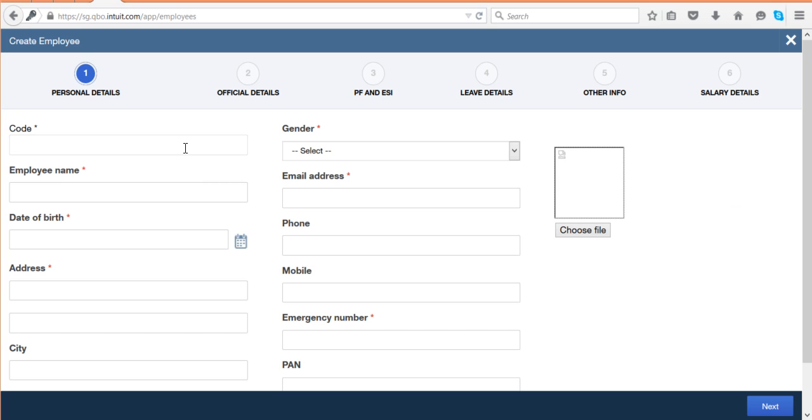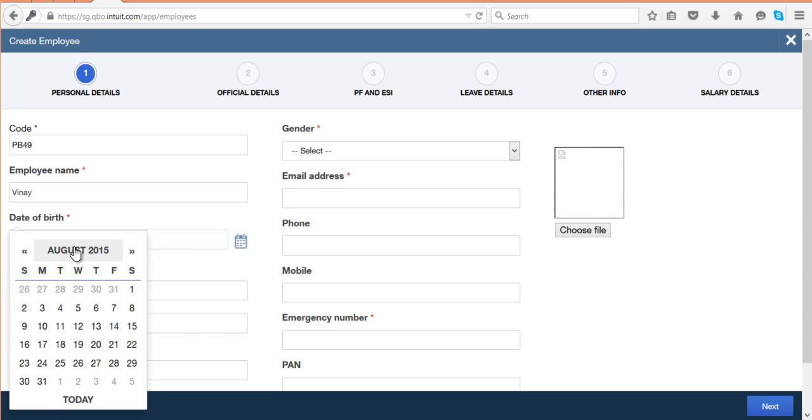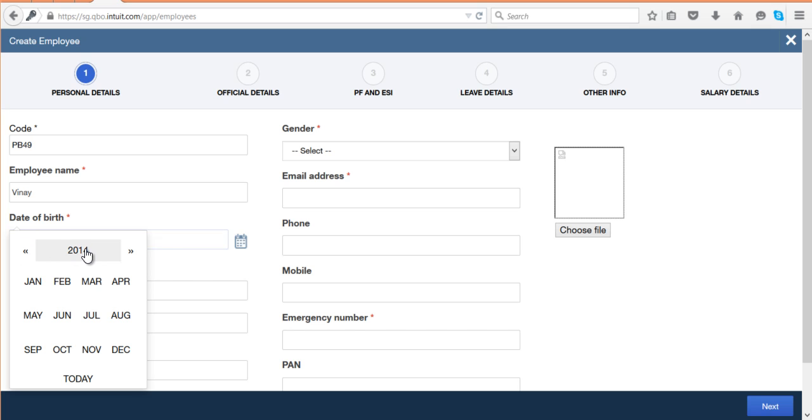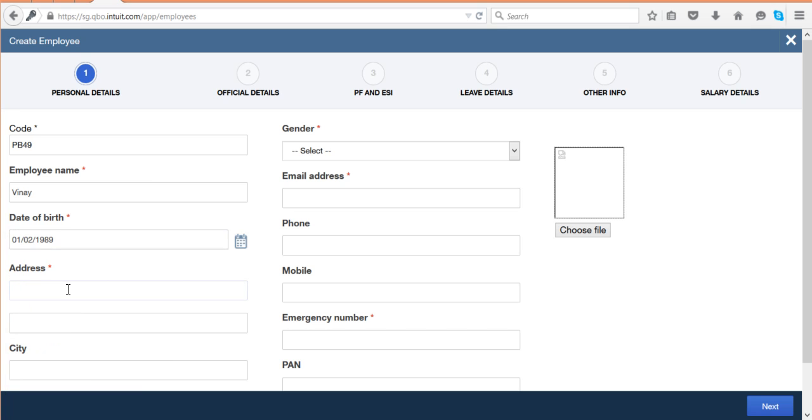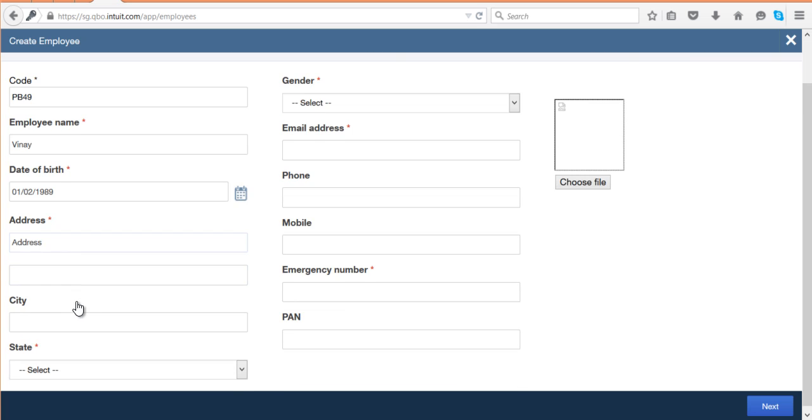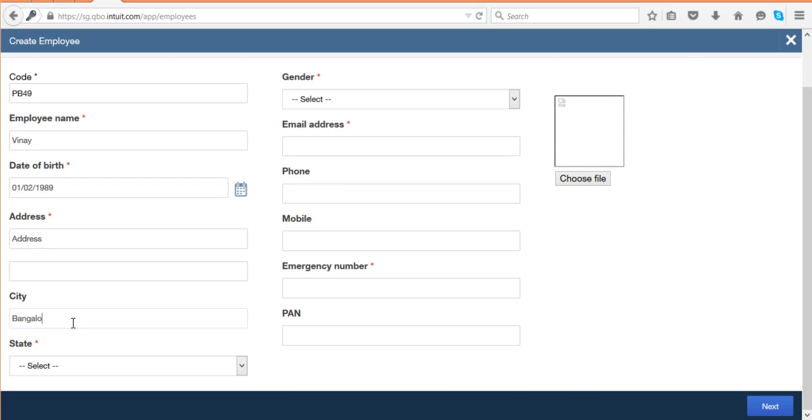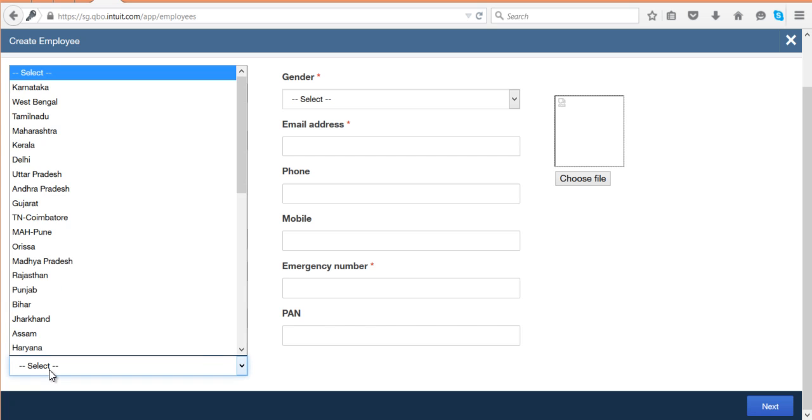Here this is a widget type which will lead you to complete an employee creation. First, here you have to enter the employee code, employee name, date of birth, address and city, state with which employee is located,